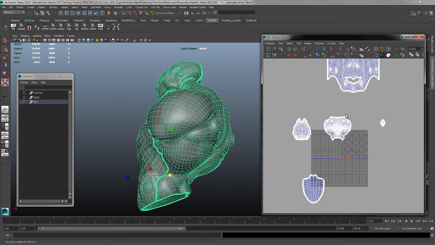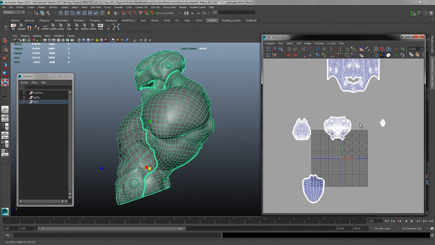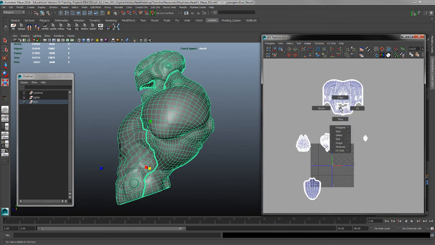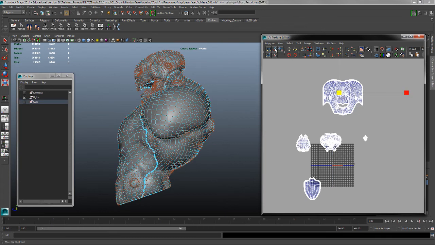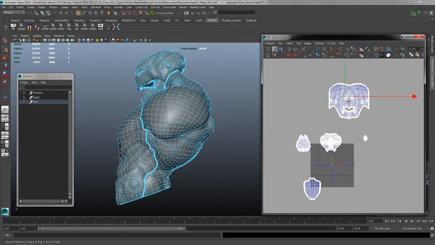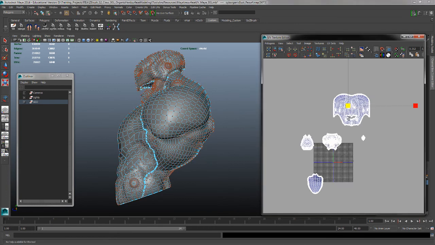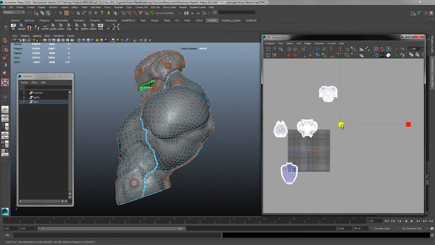But we need everything to sit on that page, at least for a character where you're only getting one texture map for the entire portion right here. So we can manually move these things. We've looked at this tool here where we can click on a piece and scale it, and we could scale the pieces down like this. Here's where I'll just move these things pretty quickly